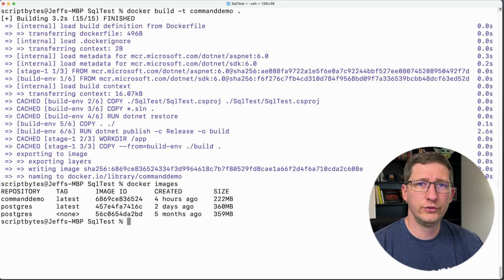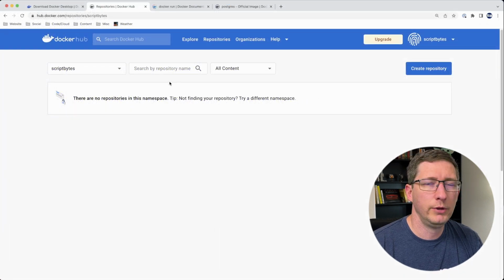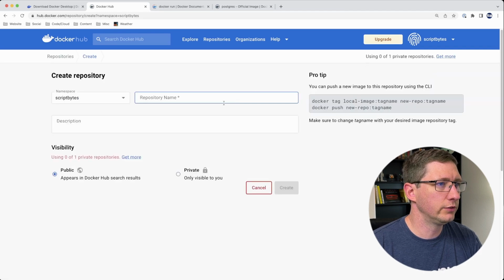You can push your images to any repository that you want. In this demo here, I'm going to use Docker Hub. I've done some other videos in the past if you want to watch those where I push to a repository in Google Cloud. But Docker Hub is a public repository, and so as long as you have an account, you've signed up, and you've logged into it, you can create a repository and push an image to it. So I'll just really quickly show this. I'm in hub.docker.com. I'm signed into my account,